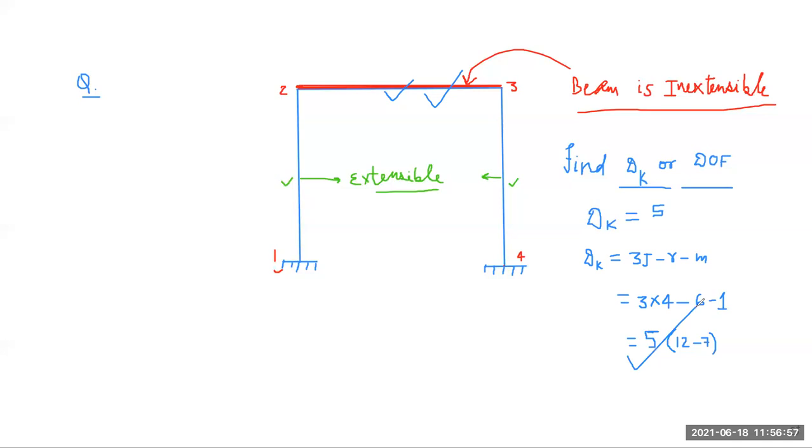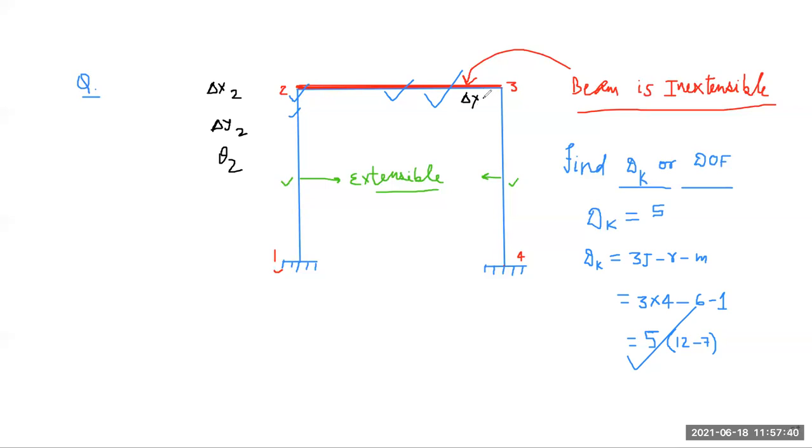Here also if you observe, your delta x2 is equal to your delta x3. Here theta 2 is permitted. Here also delta y2 is permitted. So if I write here, then just see here. Here your delta x2 is permitted. Here your delta y2 is permitted. Here your theta 2 is permitted. Also here your delta x3 is permitted.